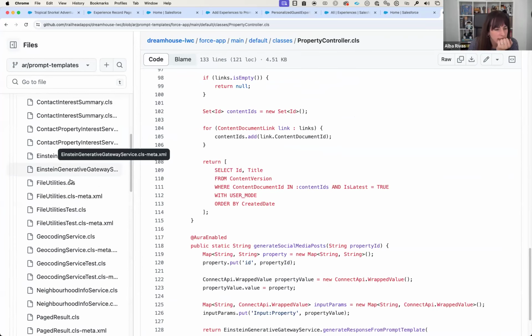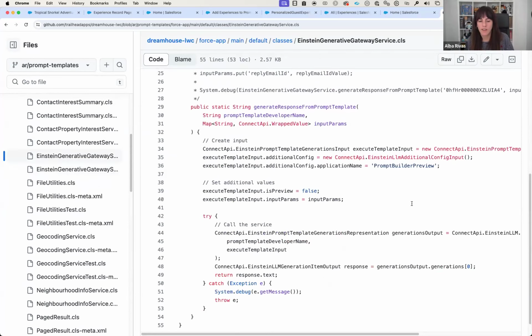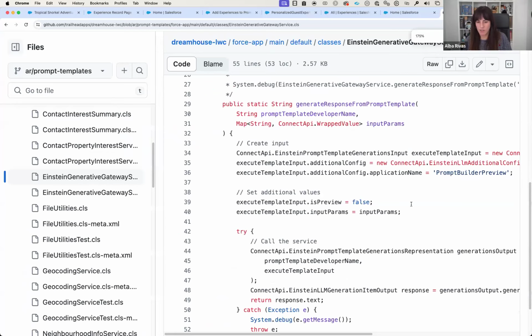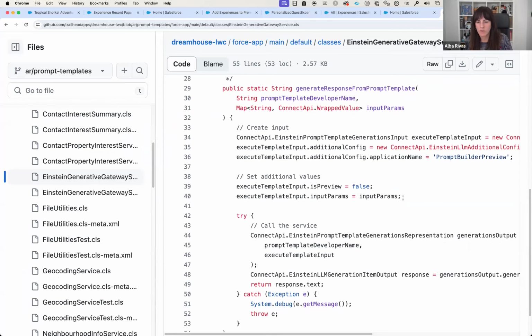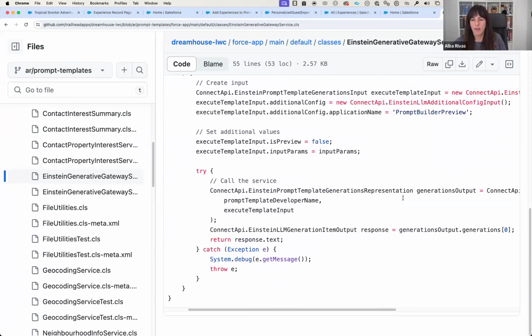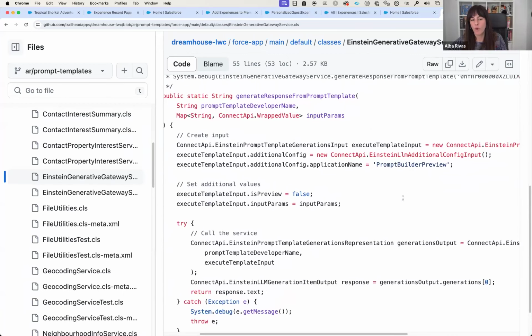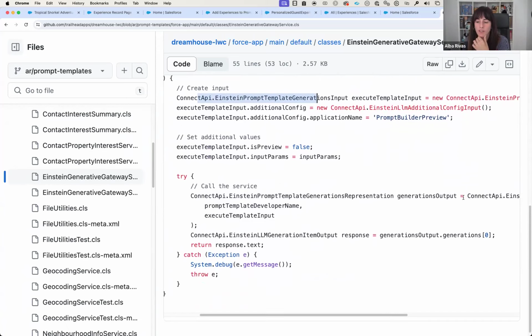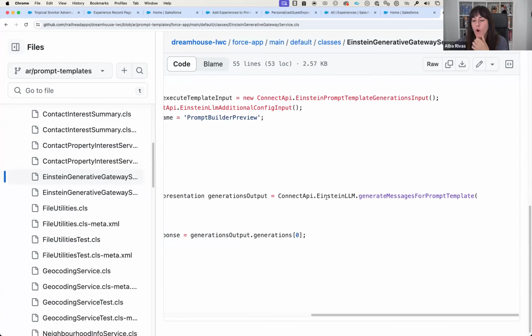Okay, it's the Einstein Generative Gateway Service. Okay, hope that you see. So basically, if you want to invoke it in Apex, you need to invoke some Connect API methods, and those Connect API methods at the end are going to invoke the